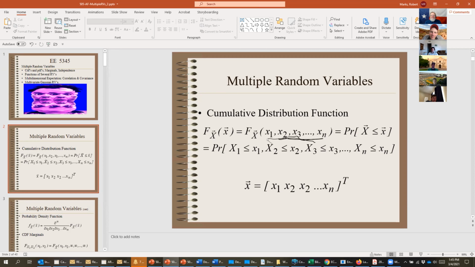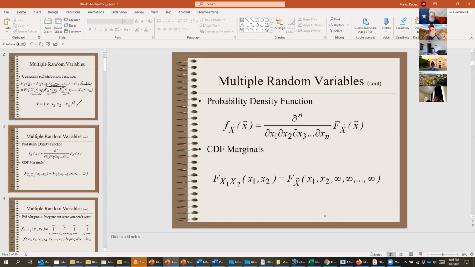Here's the problem that we have. We have this vector, and this vector is given by X. The probability that X is less than x here means that the probability the first variable is less, the second one is less, the third one is less, and all of these commas are read as logical ands. So it's a probability that this is true, and this is true, and this is true, et cetera, et cetera. And x, as you can see here, is a vector of length n. And so this is one, two, many, isn't it, right? We've gone through one dimensional, we've gone to two dimensional, we're going through many, many dimensions now.